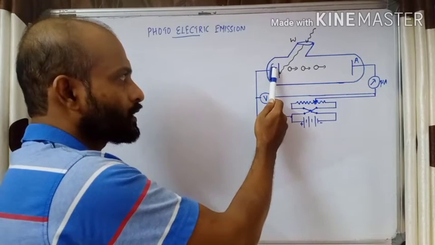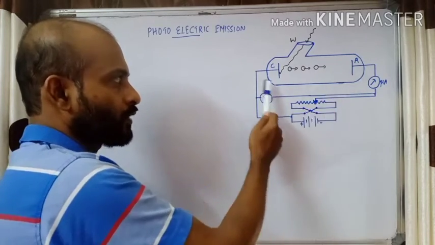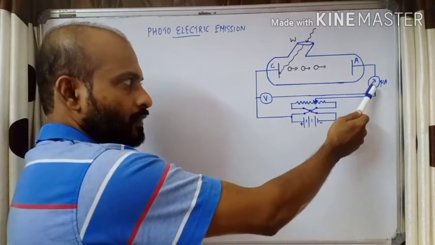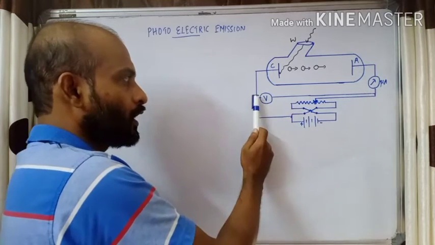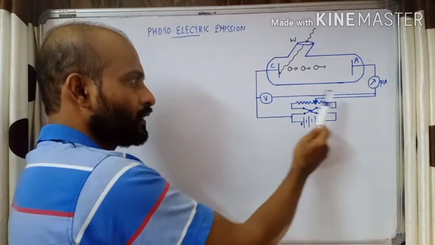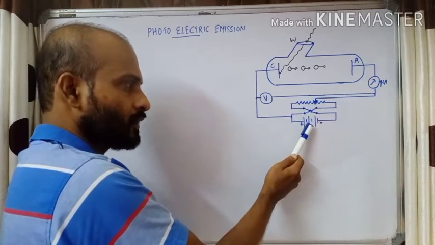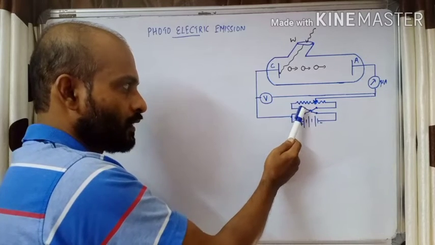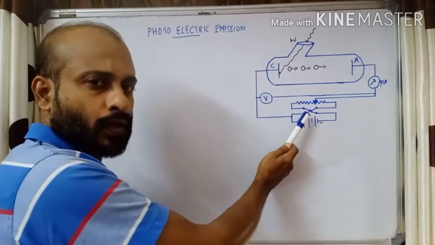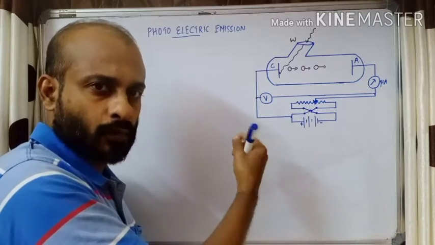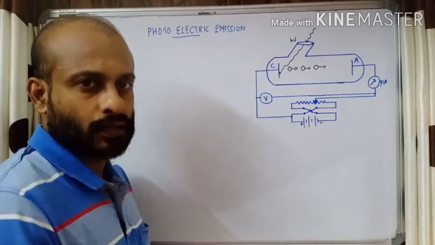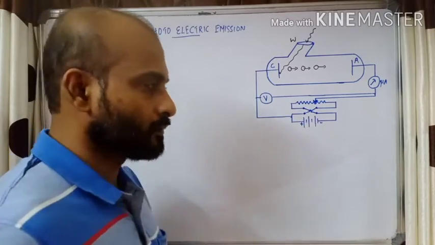Across the emitter and the collecting electrode, we have a voltmeter connected, and we have a micrometer also. Now to provide a potential difference between these 2 points, we are using a rheostat with a battery. Now we have a commutator also. What's the need of the commutator? If you want to reverse the polarity of the battery, we can use a commutator. This is our arrangement.